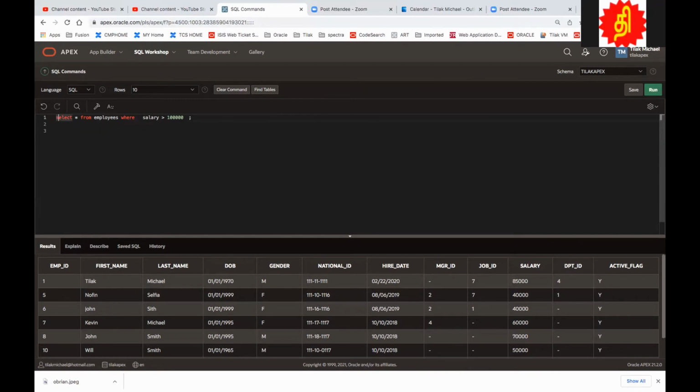For example, first name LIKE within quotes percentage n. It says the last character is n, and the beginning could be anything. I don't care. The last character is supposed to be n.